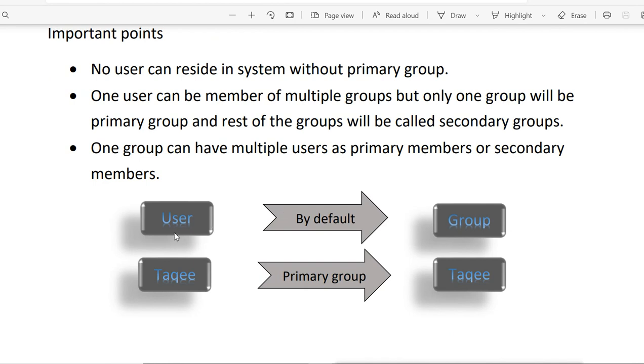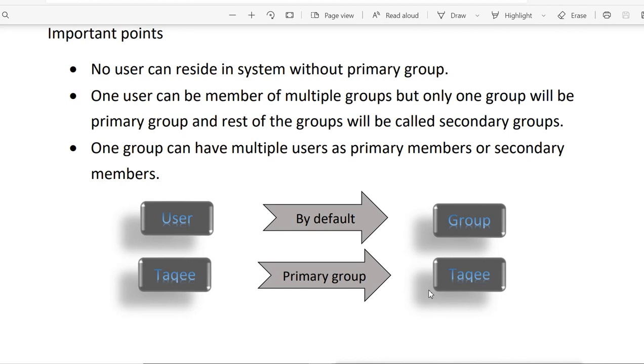As you see, when we create a user account, by default we get the group also, and the primary group will have the same name as the user. Every user gets a primary group, and without a primary group no user can reside in our system. One user can have only one primary group. No matter if this user is a member of 100 groups, only one group will be the primary group.